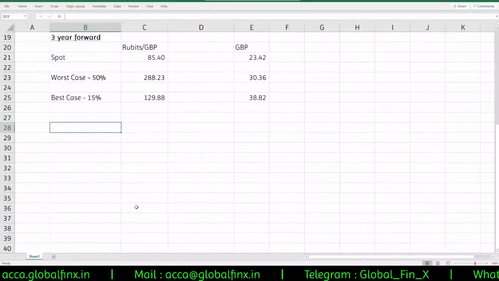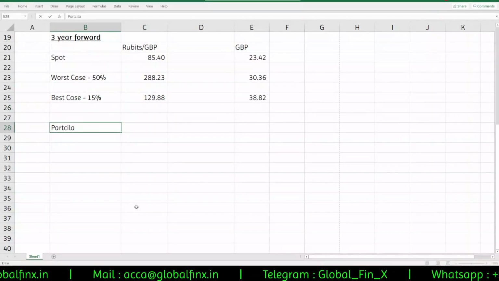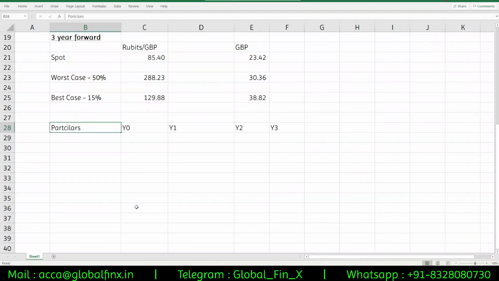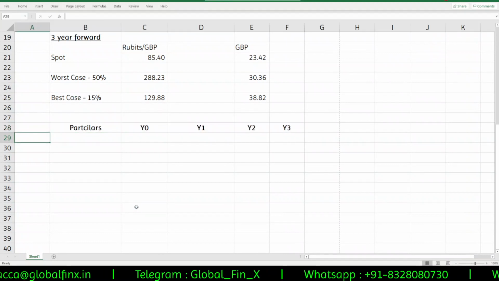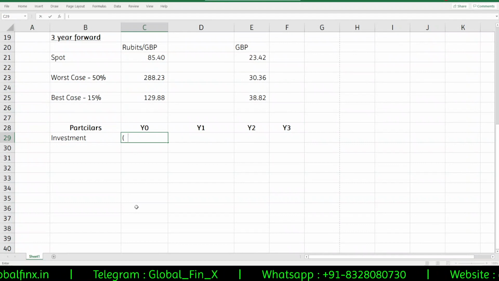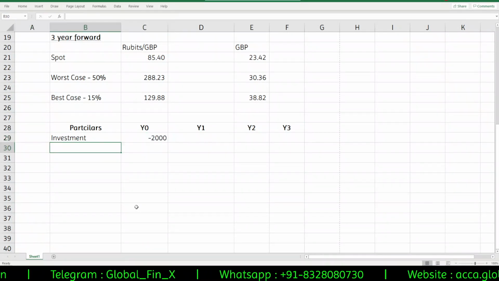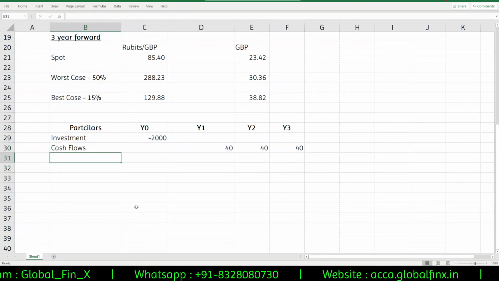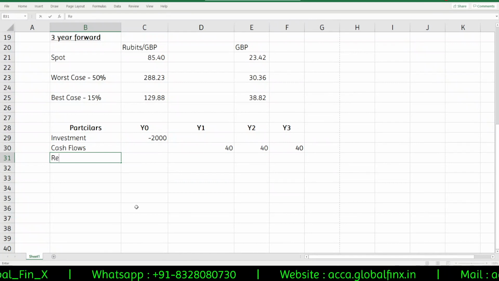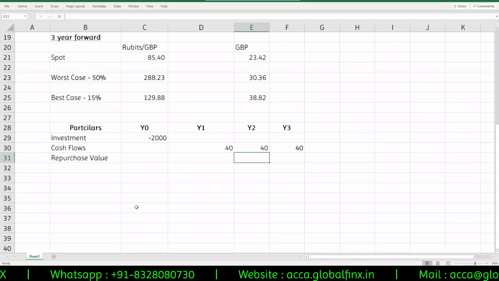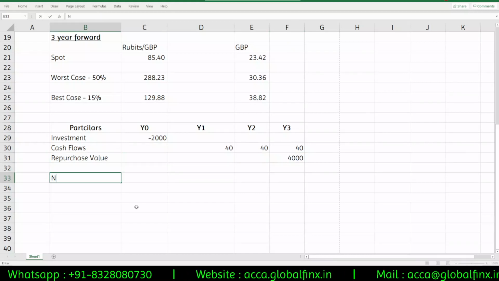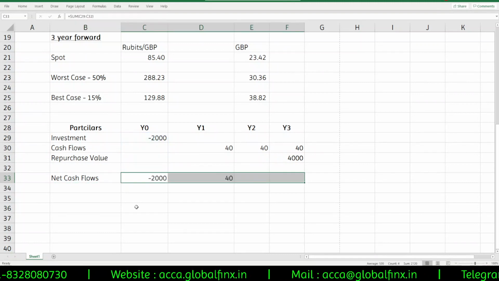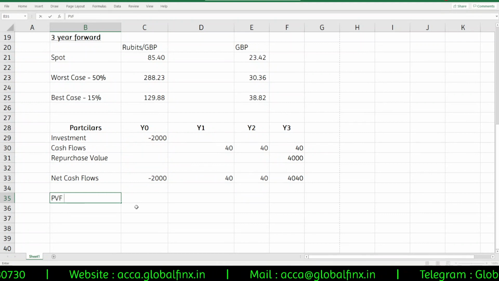So we know the rest of the NPV calculations, which is pretty straightforward. Year 0, year 1, year 2, year 3. Investment in year 0 is 2000 million, and cash flows would be first year 40, second year 40, third year 40, and also repurchase value at the end of the third year is 4000. So if I take net cash flows, the sum of these three, and then do the PVF at